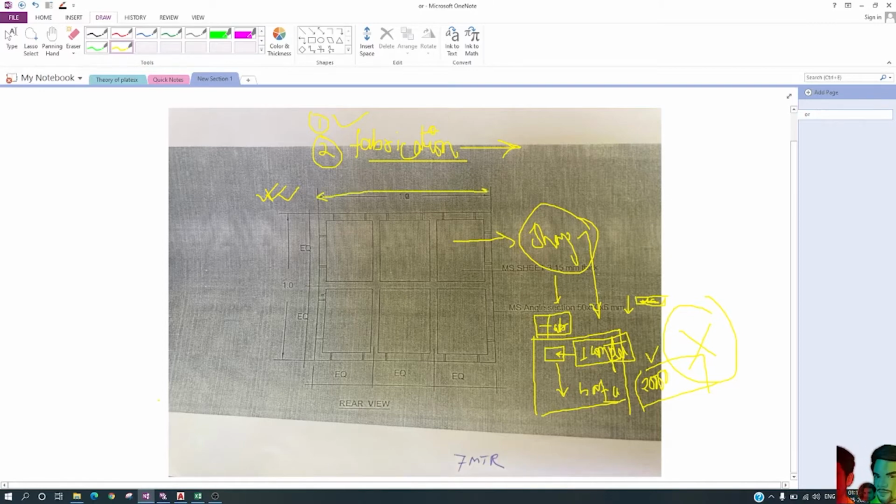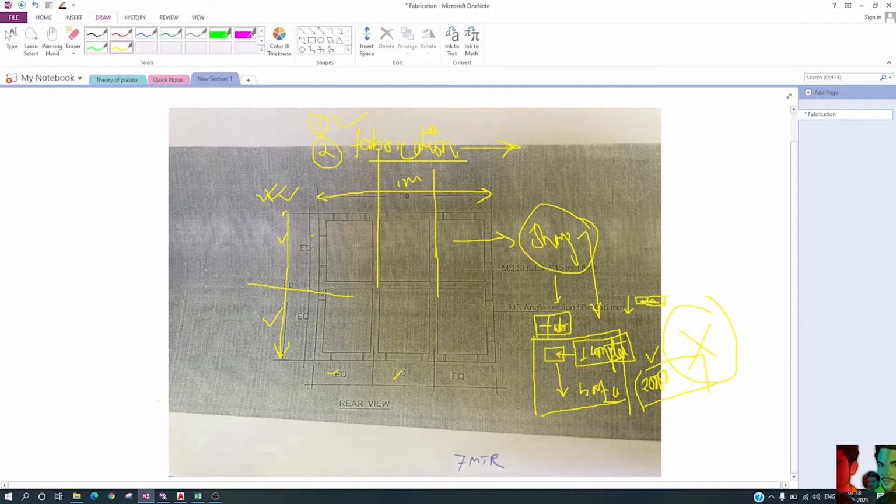The overall length of the shuttering plate is 1 meter, the width is 1 meter, and this is equal distance, 1 meter divided into 3 equal parts. Here equal distance is 1 meter divided into 2 equal parts. Okay, so this much information only is provided in this drawing.